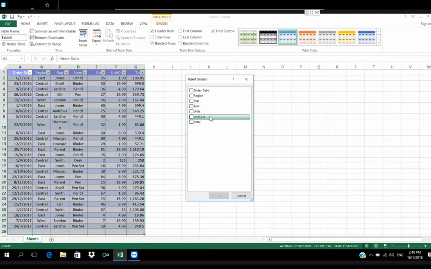As you can see, it will ask us which fields we want to have as slicers. Let's pick region, representative, item.